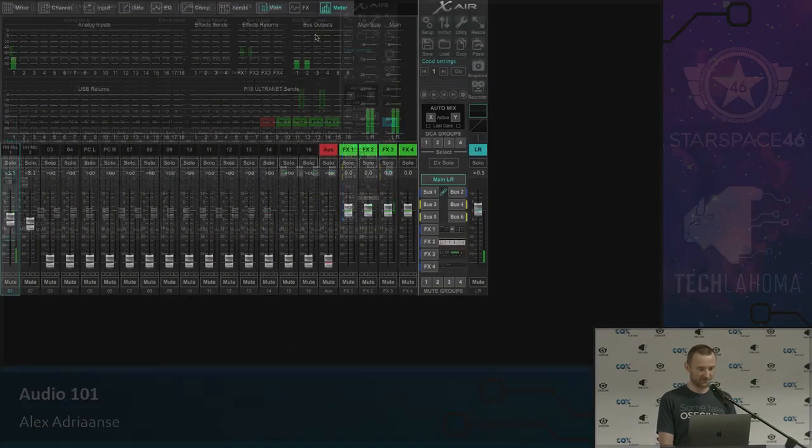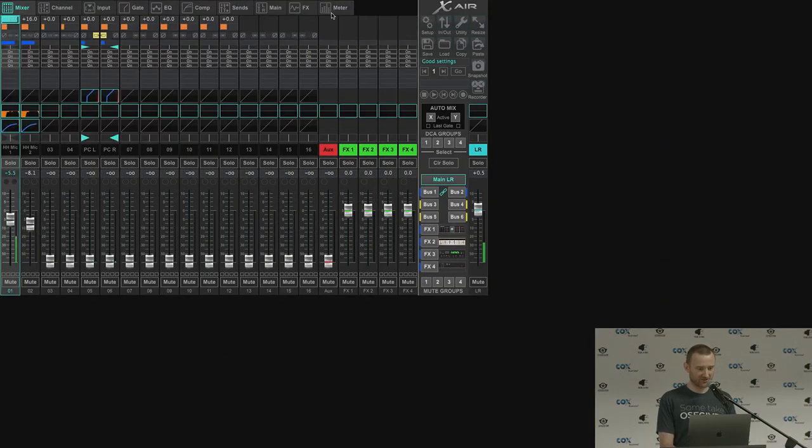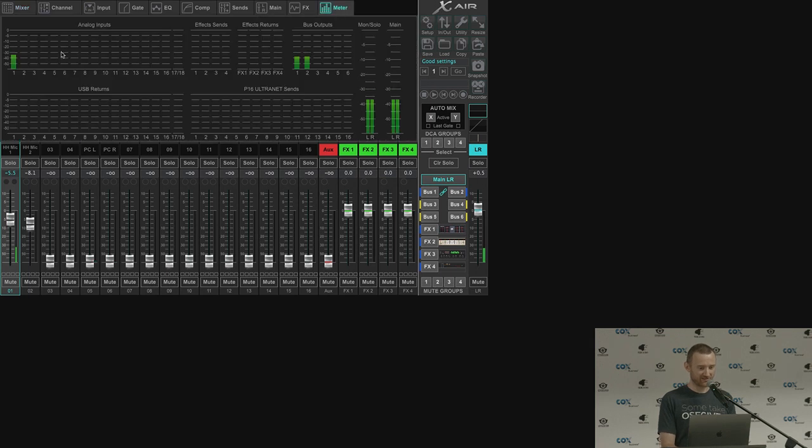Going back to the mixer. So I told you about the meter section. Let's go ahead and press that. So over here, you got the analog inputs. So these are all the channels going into the mixer. So channel 1 is the mic I'm talking into. Channel 5 and 6 is the audio PC. If you're not seeing a signal there, maybe a cable is unplugged. Or, you know, in the case of the channels 5 and 6, maybe the audio output on the computer is not working. If you're seeing a signal there, then you know the mixer is getting a good enough signal,